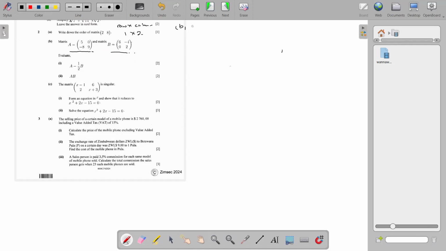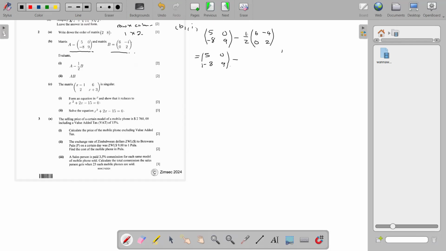B part 1. It's saying A, which is the matrix 5, 0, minus 8, 9, minus half B in the matrix. B is 6, 0, minus 4, 2. Then to simplify, this will be equal to 5, 0, minus 8, 9,